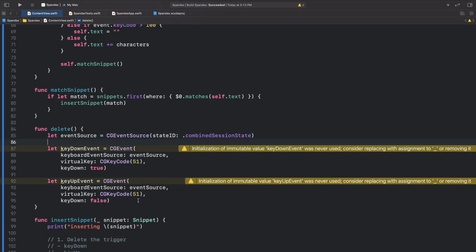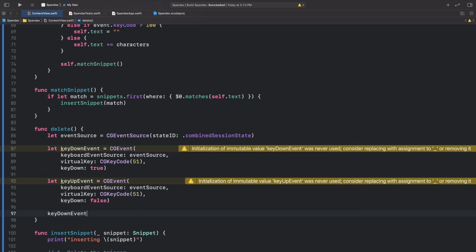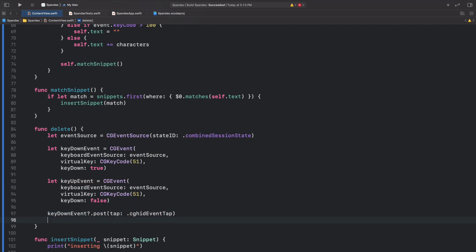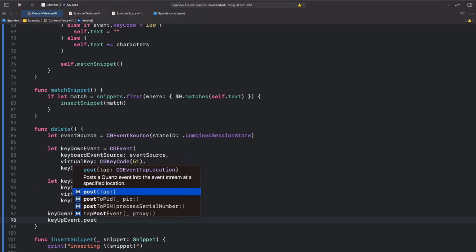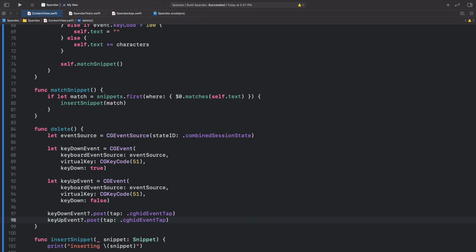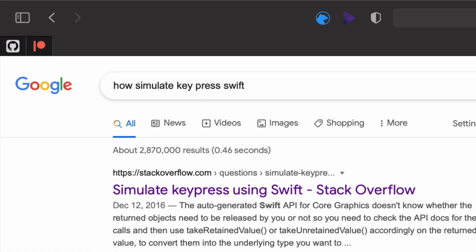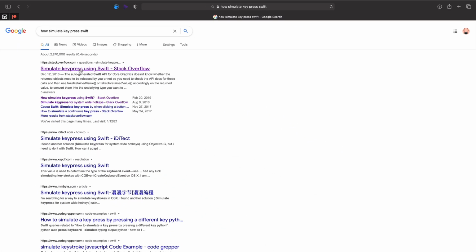And now that we have both of our events, we can first post the key down event, and this needs a tap location, and we can just pick this guy, and we can do the same thing with our key up event. You might be asking yourself, Kit, wow, you're a master of the dark arts. How did you learn all this stuff? It's so strange. But no, I simply Googled in my caveman vernacular, how simulate keypress Swift, and found